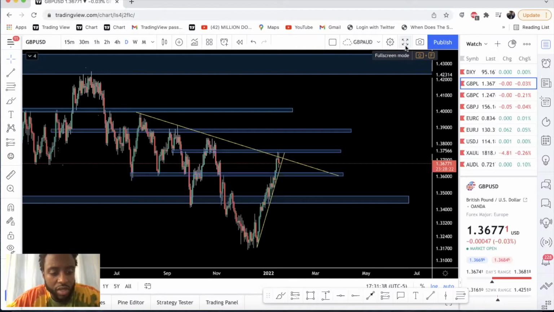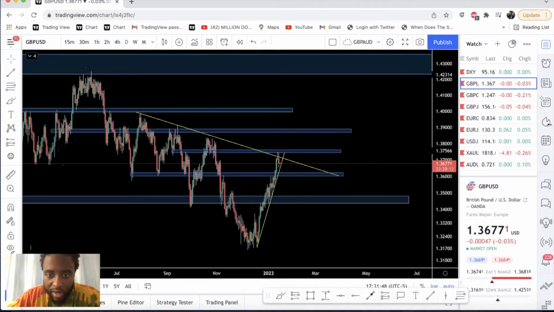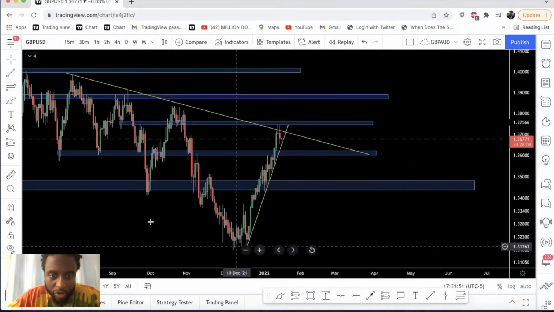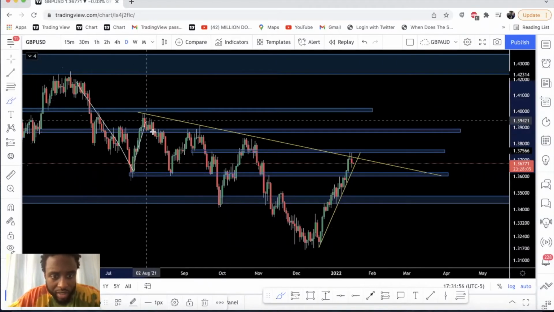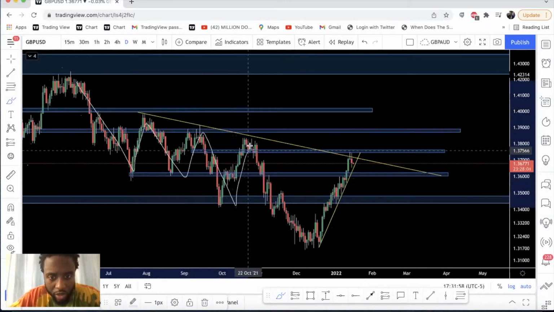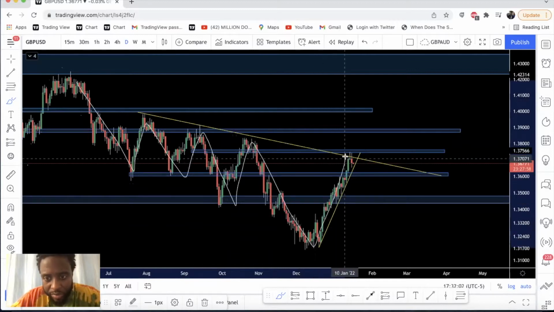I'm gonna get right to it, and I'm gonna start with GU. Looking at GU on the daily, we can see that price has been in a downtrend from its top, making these lower highs, and continuing to make lower lows after these lower highs, with a bigger extension down. Now price has had this bigger corrective move